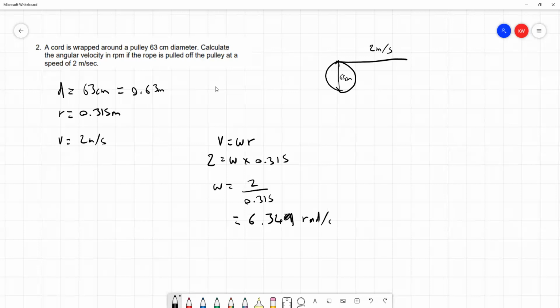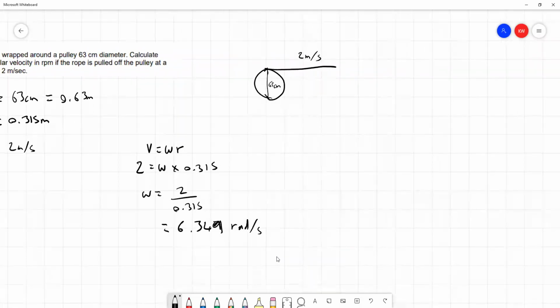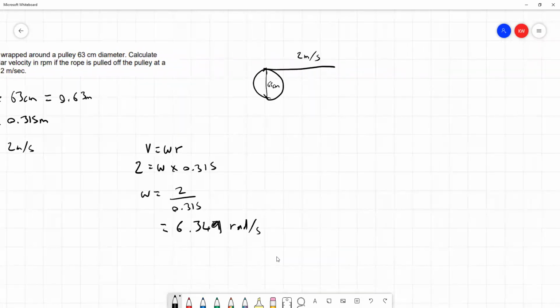6.349 radians per second. So good, we've worked out the angular velocity, but this isn't in the form we're looking for. What we've been asked for is the angular velocity in revs per minute. So remember, if we're converting radians per second into revs per minute, we do the reverse. So if we have this formula here for when omega is in radians per second and n is in revs per minute, the formula we're going to need to convert the other way will be to